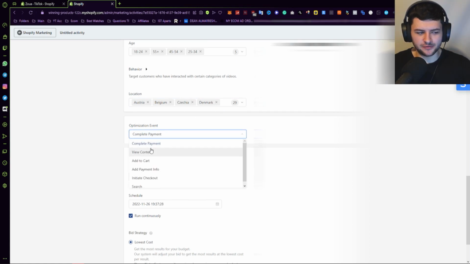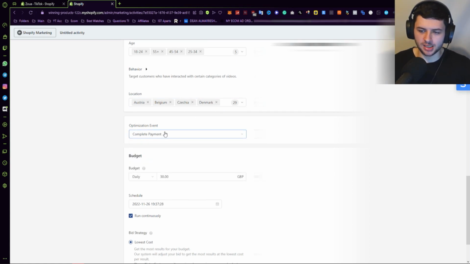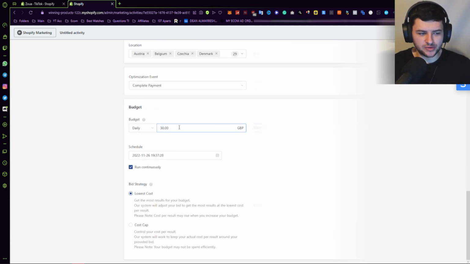Now, optimization event, you want to select complete payment here. That's very important. That's the event we're optimizing for in the app, okay? So remember to select that. Then we have daily budget. So the daily budget is usually, I think the minimum is like £20, right? So the usual minimum is going to be $20 or £20,